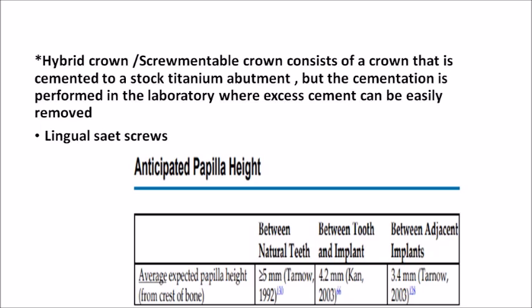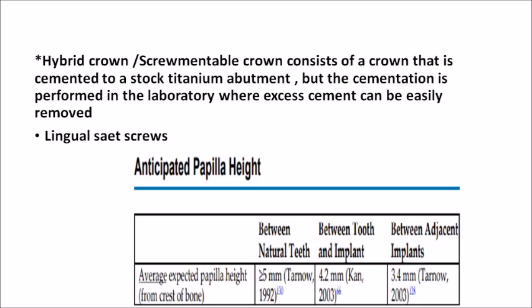So when we are using the screwable type to prevent this peri-implantitis, what is happening? There will be a hole in the crown. We have to screw the crown over the abutment, right? And this hole will be there. This hole has to be filled later. Now when we are doing this screw-mentable type, you can avoid that also. The hole on the screwable crown is eliminated. The excess cement that was happening as a result of the cementable crown is also eliminated. So that is a screw-mentable crown. It is cemented in the laboratory and then it is screwed onto the implant.